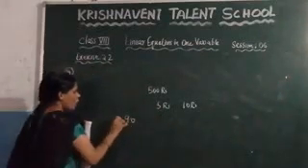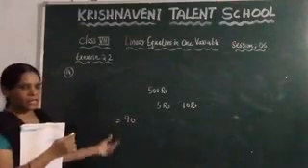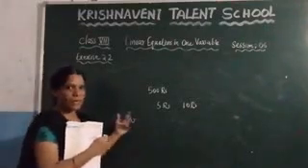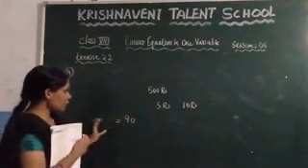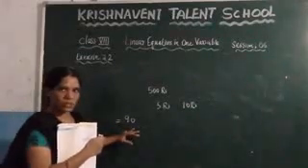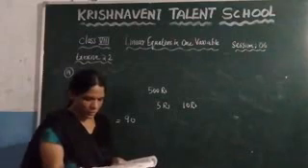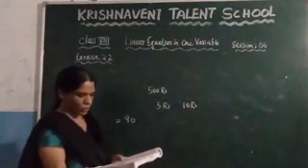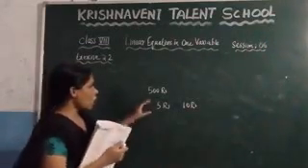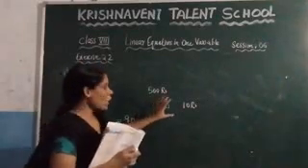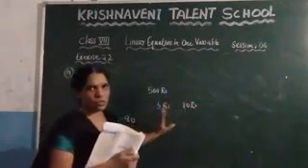You don't know how many 5 rupee notes are there and how many 10 rupee notes are there, but after calculating the total result, you are getting the total notes as 90. Now, based on this, we need to find the number of notes of each denomination. That means you need to find how many 5 rupee notes are there, how many 10 rupee notes are there. This you need to find it.